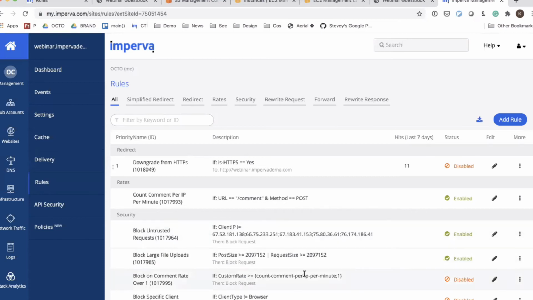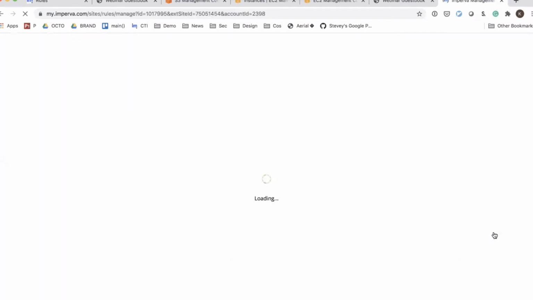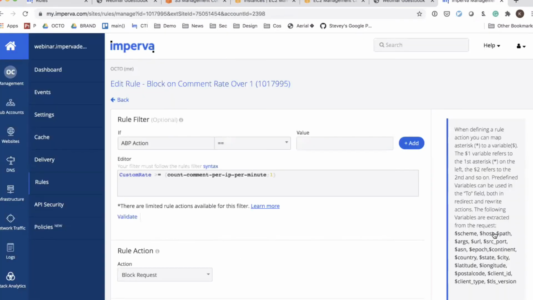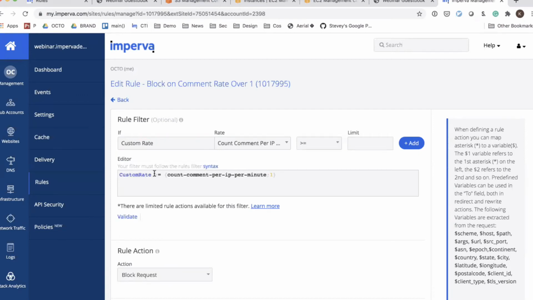Now you can do a block if you wanted to on that. And this is where you now can go ahead and build a security rule. And in this particular case, I'm going to go back to a rule that I've already built, and we expose a predicate, or we expose a filter up here called custom rate. And again, you can see it over in this thing. So you can go into custom rate, and we already pre-populate it with the one rate that we've already developed.